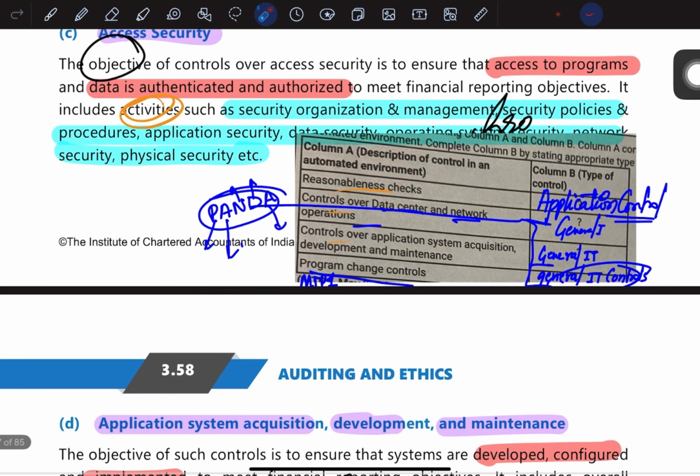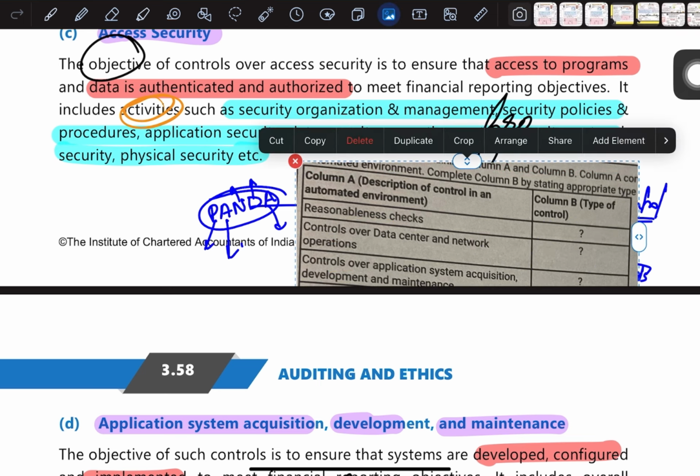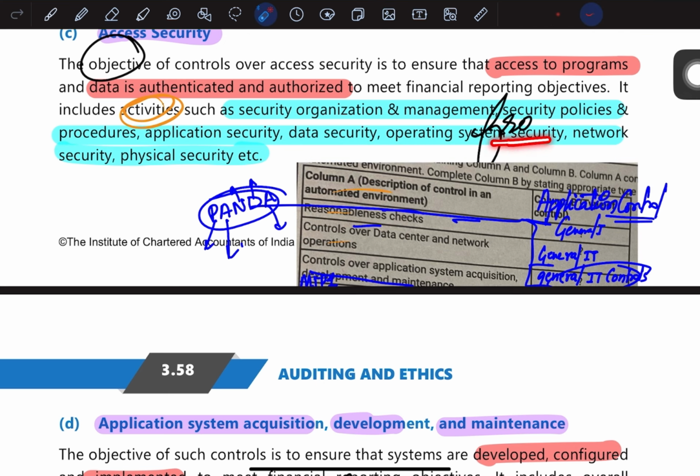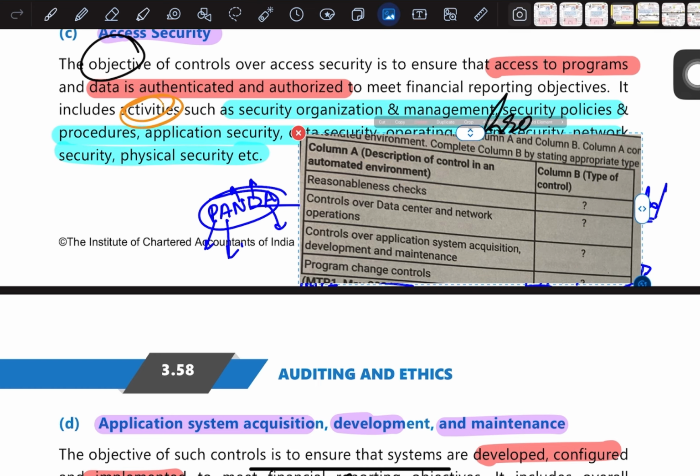Then we have access security activities. So what are the activities here? First, security organization and management. So basically access security, so whatever activities are there, they relate to security organization management, security policies and procedures, application security, data security, operating system security, and network security and physical security. Basically all the points are related to security organization management, security policies and procedures, application security, data security, operating system security, network security, physical security. Okay,